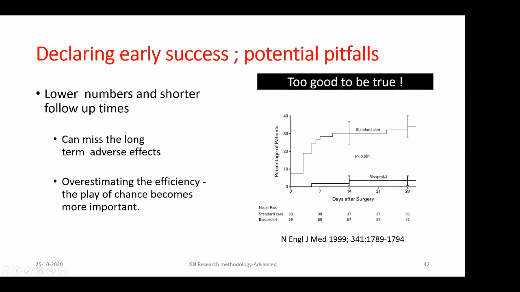The problem is this looks too good to be true. This difference of say 3 versus 18 in the intervention arm and the control arm looks actually sort of unbelievable. If this was true, then probably we could not have expected any mortality or very minimal mortality with cardiac surgery after 20 years of publishing this trial. So this is the problem. Sometimes you will just get a part of the picture, not the entire picture, especially common with studies with very small sample sizes like this.